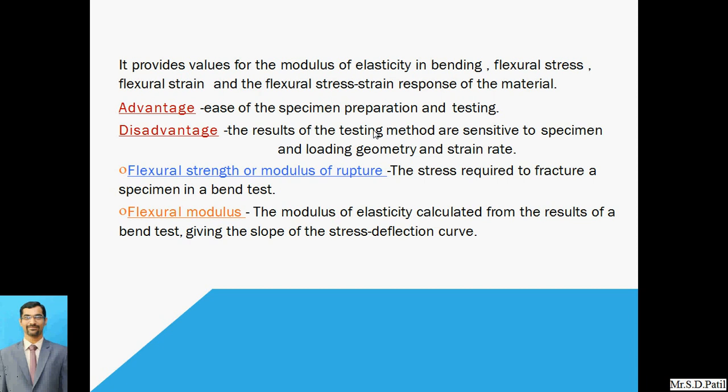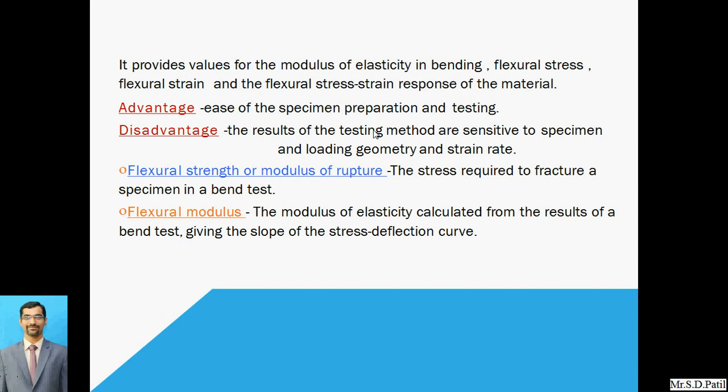Only some skill is required there, but for the remaining things, the S by D ratio is 16 for the majority of materials. So while preparing the specimen we have to keep that ratio, and for a few materials where we need lower shear stress, the S by D ratio should be 32 to 64. We are trying to maintain those, and that's why specimen preparation is very simple.